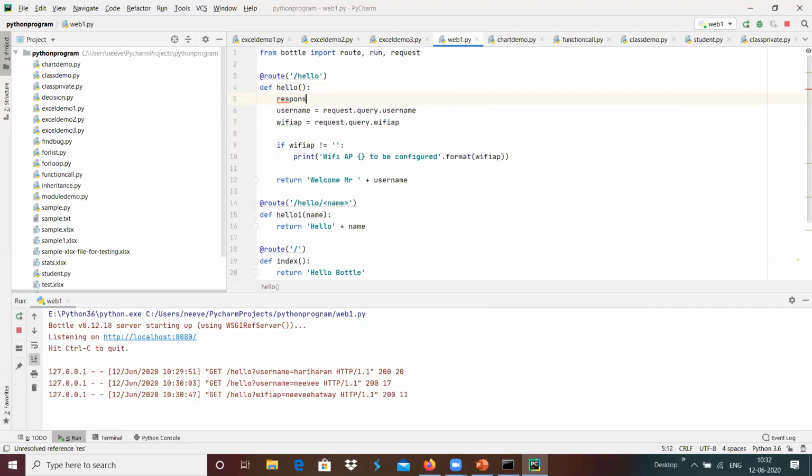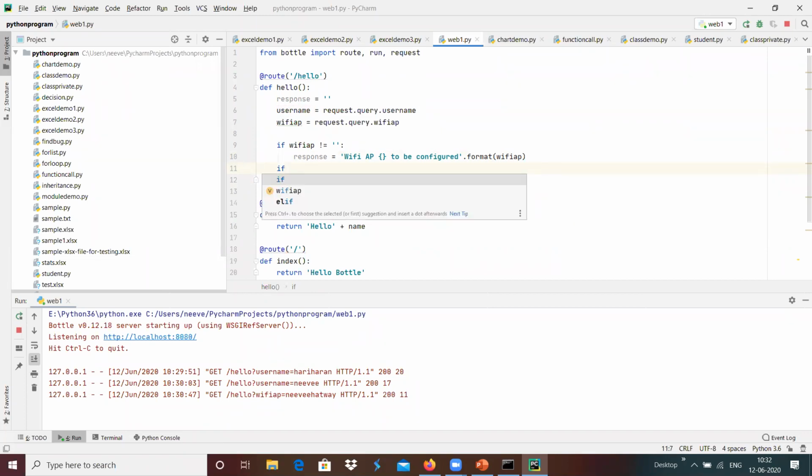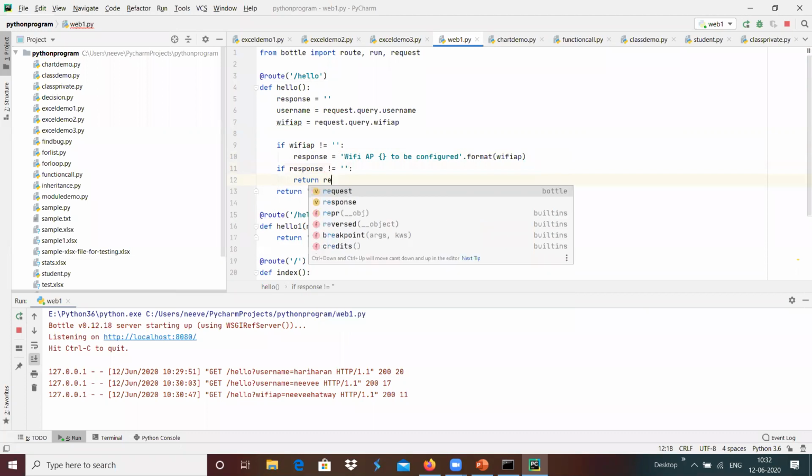It's something like response equals empty string, and we can add to this response. And if response is not equals empty string, then we can return response.